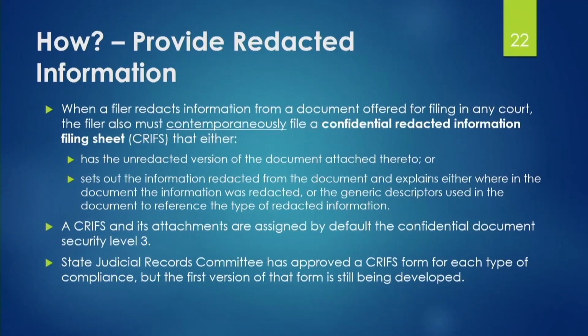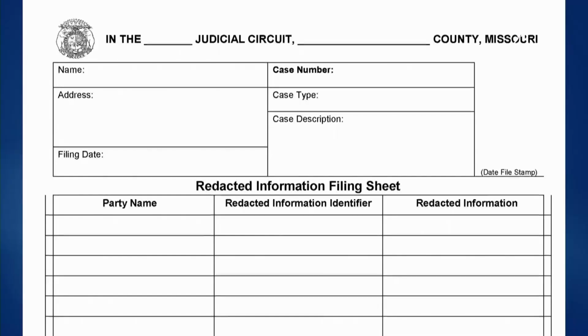The State Judicial Records Committee, and I'm a member of that committee, has approved a CRIFs form for each type of compliance. The first version of that, attachment of the entire document, is still being developed. We have approved the other kind, which is the fill-in-the-blank sort of form. And just to give you an idea of what that would look like, here's a CRIFs form for a civil